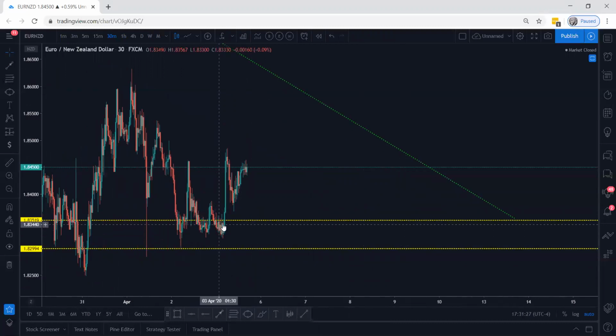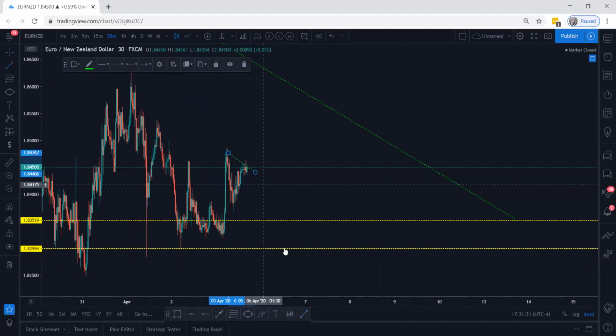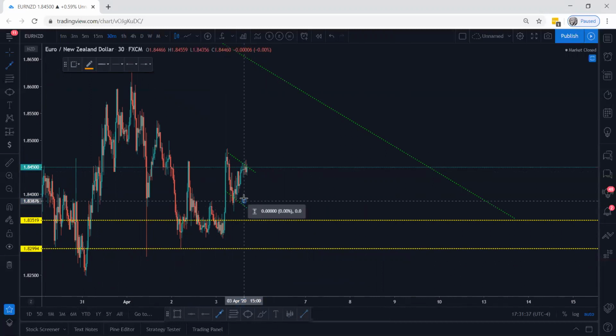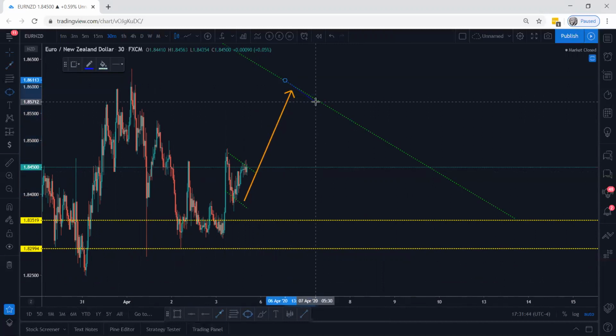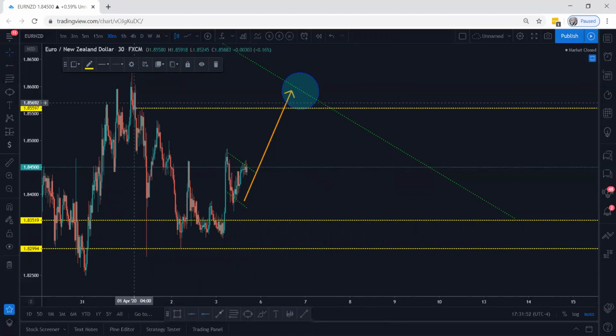All right, so I have my impulse. I have a correction that's forming. So ideally when the market opens, we're going to be looking for this. Now when price gets to this point, you want to watch it, because even here,